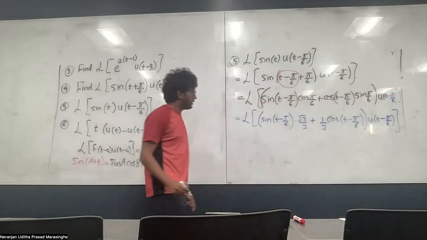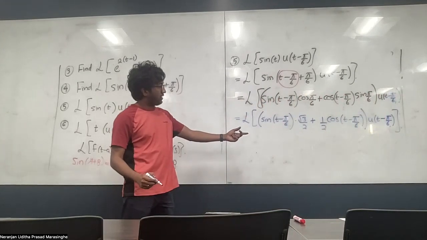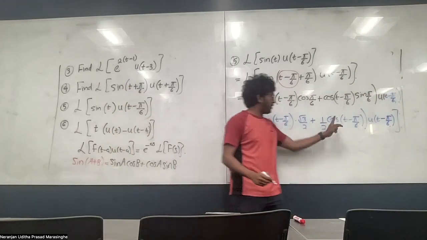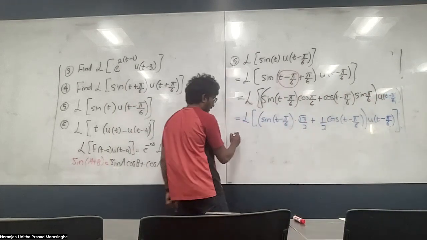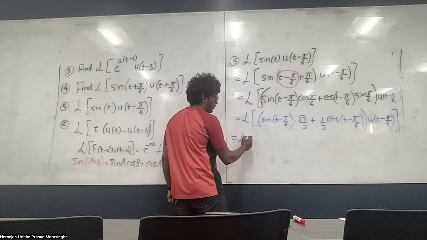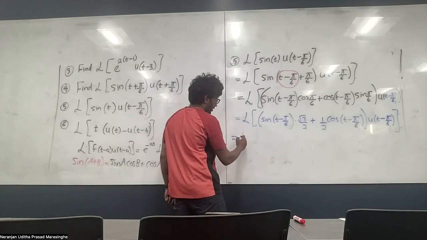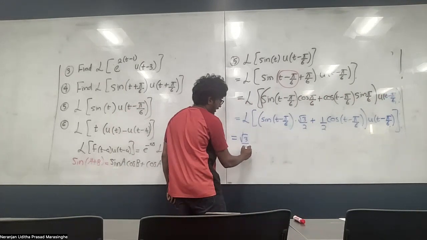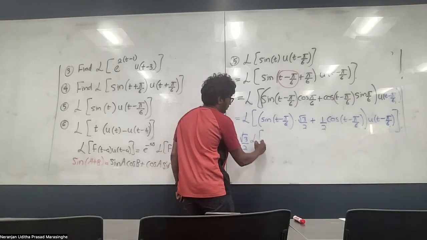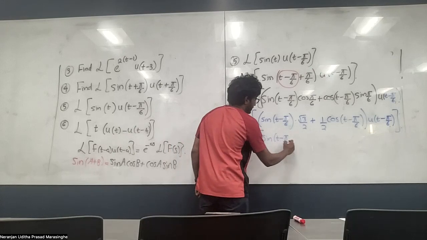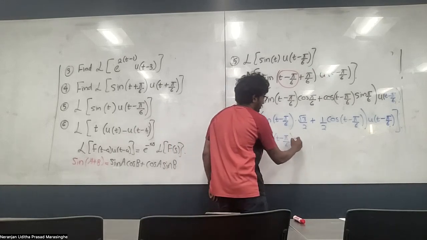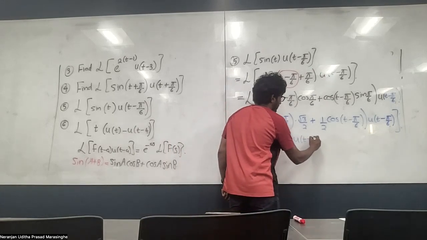Then I would apply linearity. Before I apply linearity, I can multiply both of them by u of t minus pi over 6. So what could I get? I can take the square root of 3 divided by 2 out, then I would get Laplace of sine of t minus pi over 6 times u of t minus pi over 6